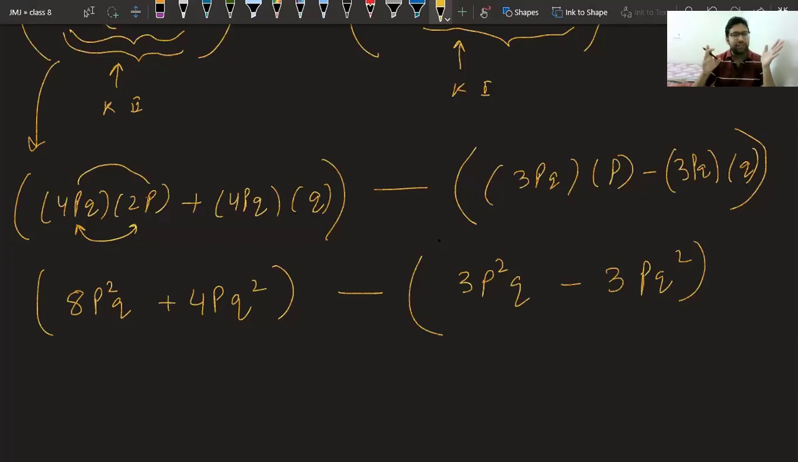Now, as we have seen in many earlier stories of kings, the elephants used to fight with elephants, horses used to fight with horses. Similarly, here also we will have like terms. Now let the fight begin. We will have 8p square q plus 4pq square minus,